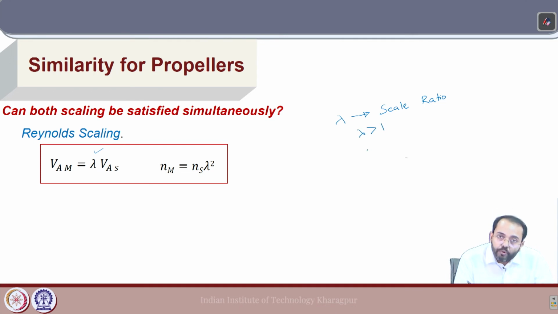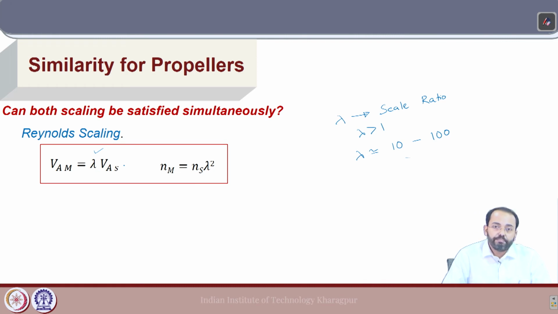So, depending on the model size with respect to the full scale ship, this scale ratio can be anything in the range of 10 to 100. So, if we apply Reynolds scaling, we have a velocity of the model which is that scale ratio times the full scale